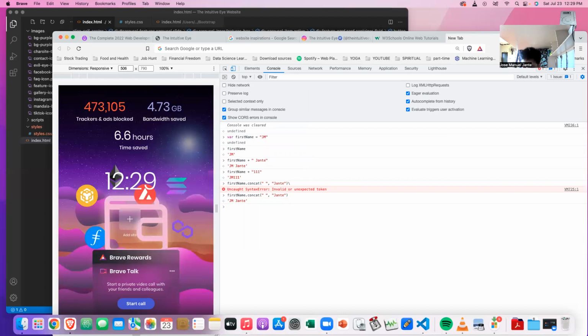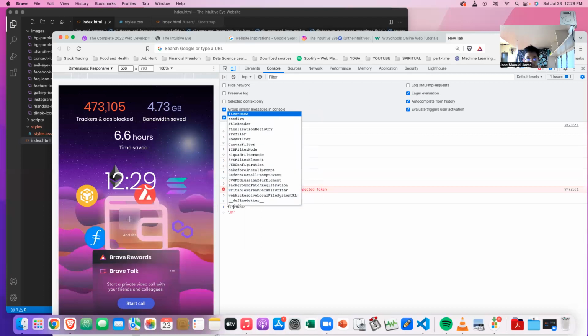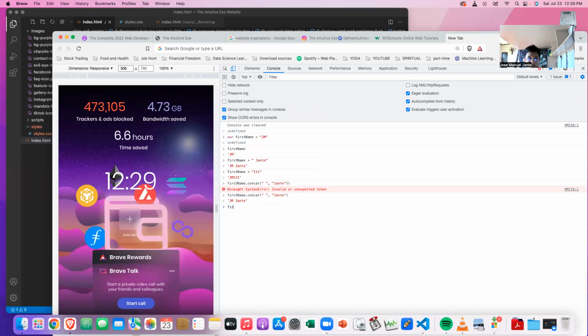I believe there's another way, but this is already useful for me. Length, first name. Okay, I could get the length of that result. That's the length. The slice,